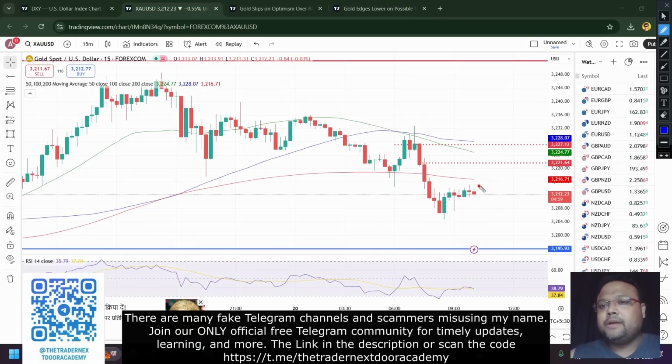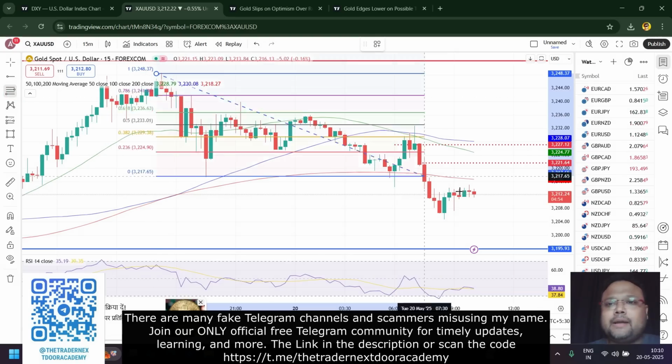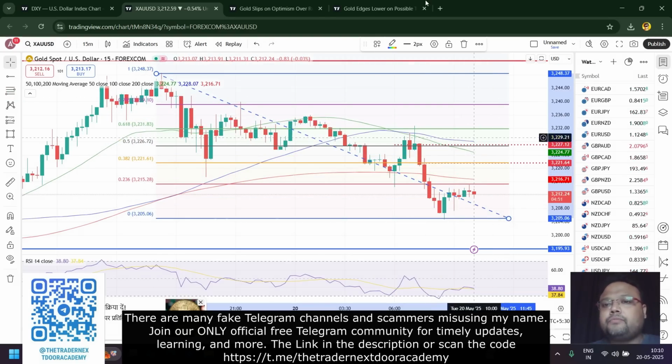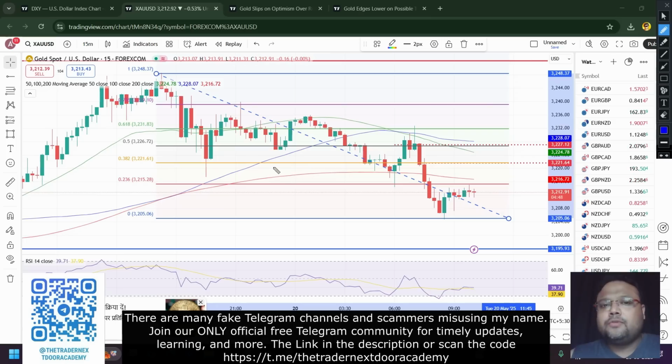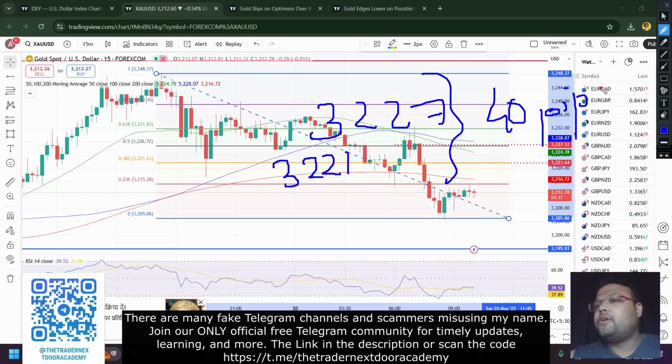And if the market goes up, because right now we can see that gold is not very volatile, if the market stays like this, then as a day trader we can look for a quick selling opportunity around 3221 and 3227. How much can we expect initially here? Here also you can expect 40 pips. After 40 pips, if you see the selling pressure is really high, then you can target 80 pips. But as of now, the market is not very trending. Direction is not very clear, so be careful. So 3221 and 3227 are the 2 selling opportunities from the Fibo.